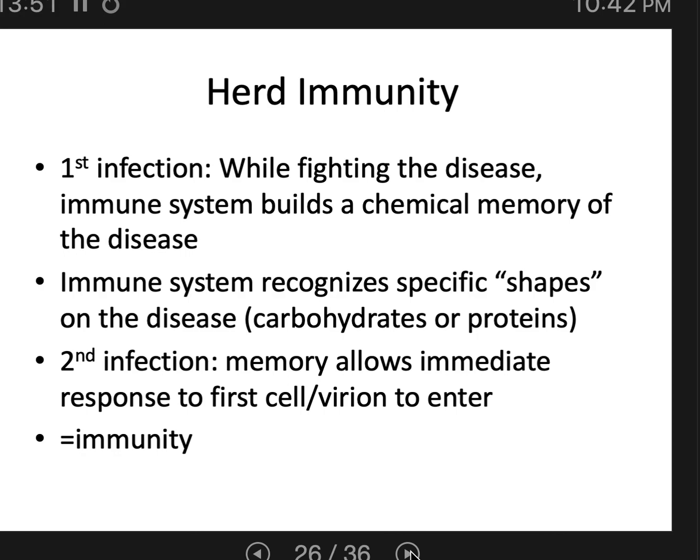So the second time you encounter a pathogen, you have this chemical memory. You actually have an entire army of white blood cells devoted just to that one pathogen. So the second time that pathogen enters your body, you might not even notice it because your immune system will nip the infection in the bud, will attack it, will get rid of the infection before it even has time to give you any symptoms. And that's what we call immunity. It's not that the pathogen never enters you again. It's not that you never encounter the pathogen again. It's that even if the pathogen gets into your body, your immune system destroys it before it has time to make you sick.